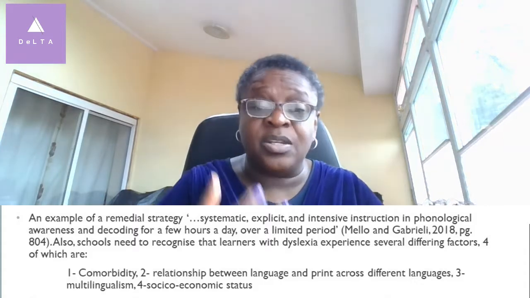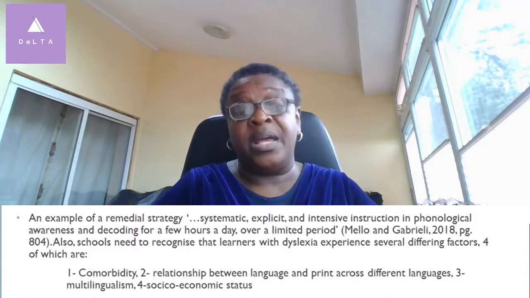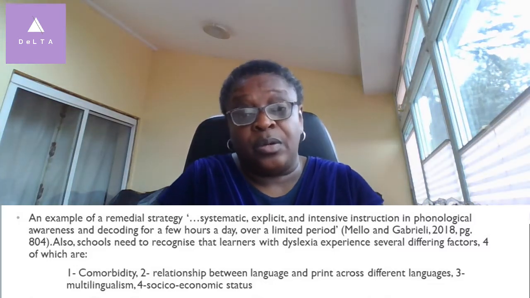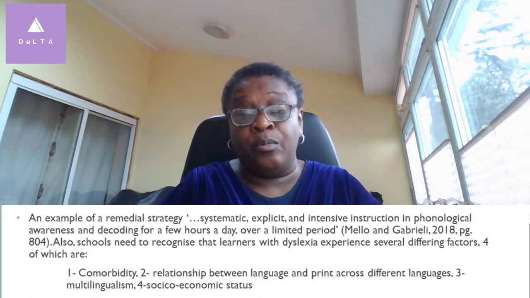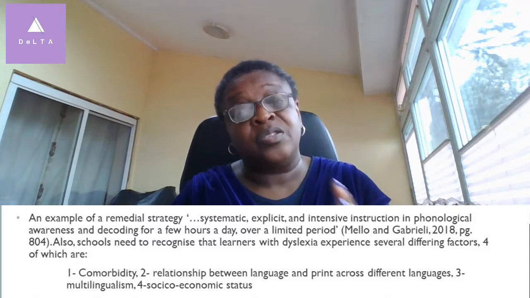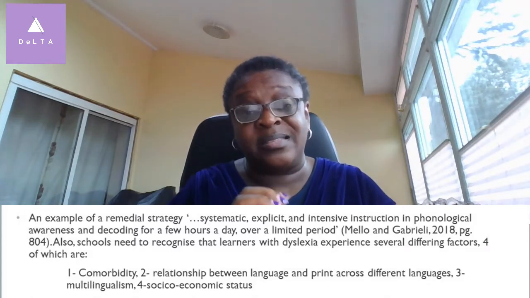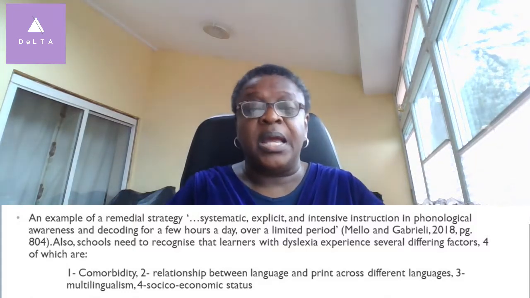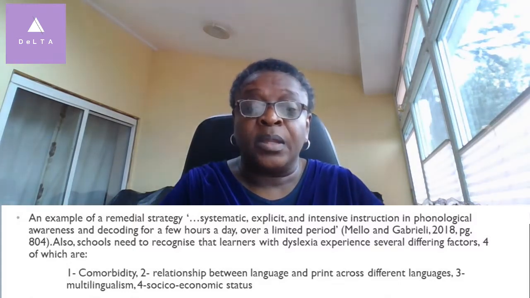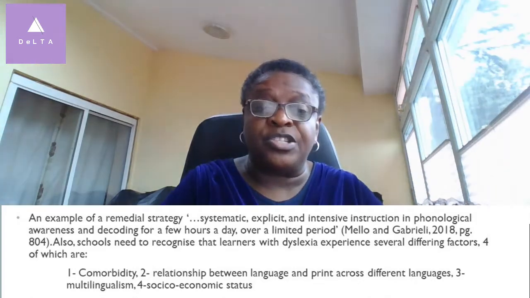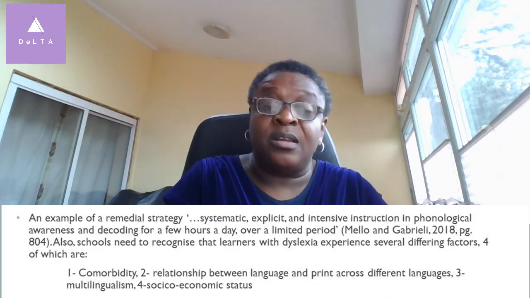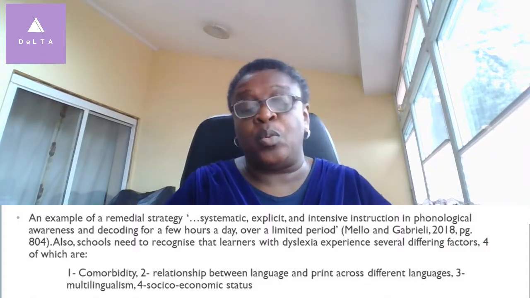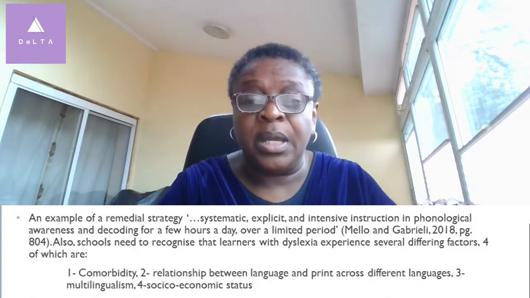And because of the plasticity of the brain, this helps to develop their visual word form area, which could be underdeveloped, which is the reason why they're finding it hard to make the link between the sounds and the print, or between the phonemes and the graphemes. And so remedial strategies will help to bring these learners closer to having a typical reading network structure and function.